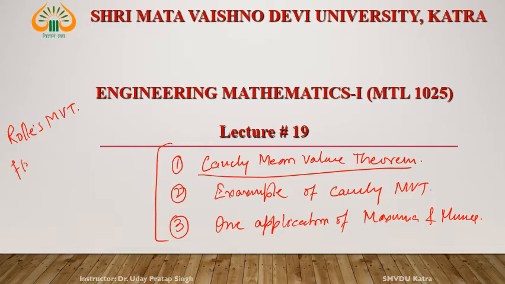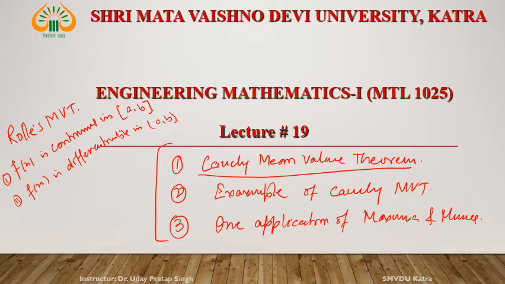If a function f(x) is continuous in the closed interval [a, b], and second condition, f(x) is differentiable in the open interval (a, b), and third,